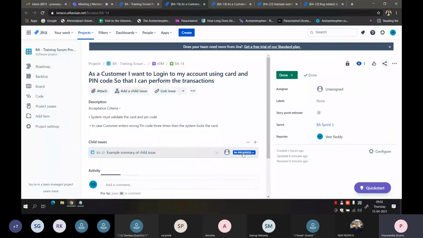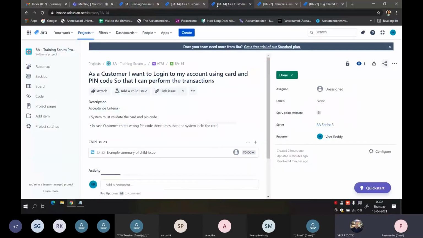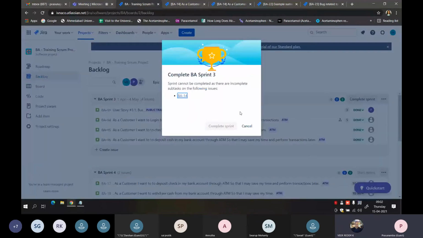In that case, you cannot complete the sprint without completing the subtask. So if I complete this subtask and then complete the sprint, now you have this option of completing the sprint.